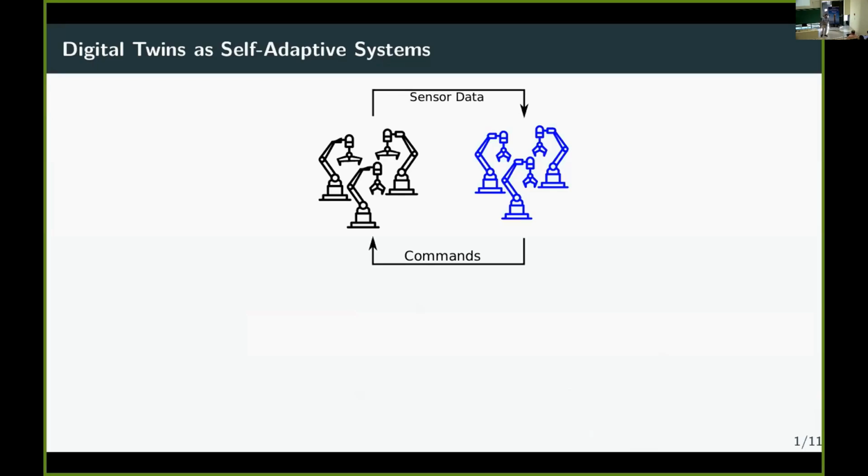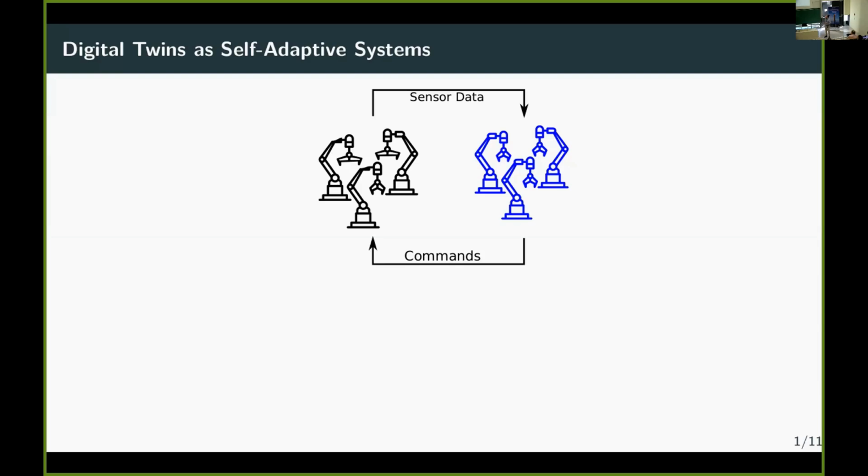This is how we normally see a digital twin. On one side we have the black robot arms, which are physical entities, and on the blue side we have our models, and somehow we send data around and we send commands. One view of this is that we already do self-adaptation, right? Whenever we see some behavior from the physical entity that we did not expect, then the digital twin is actually